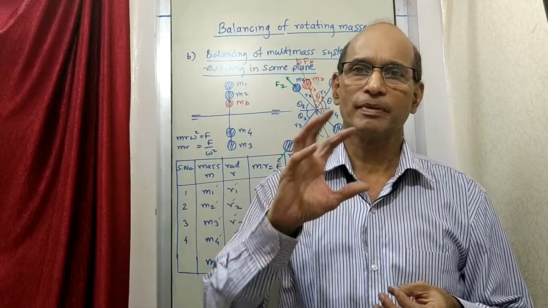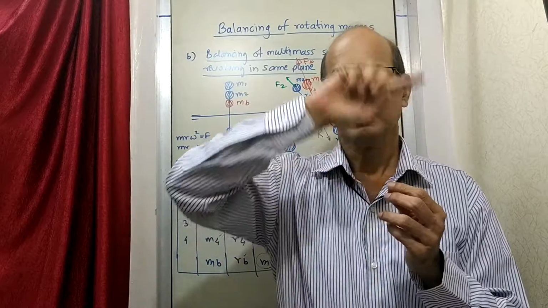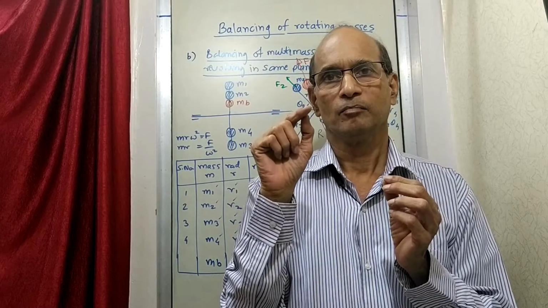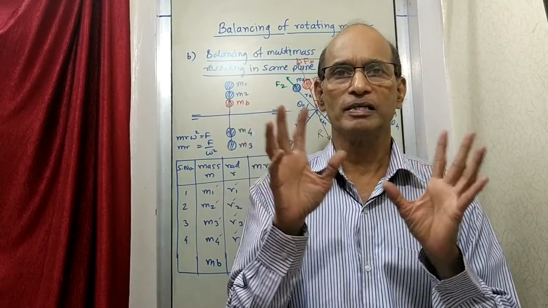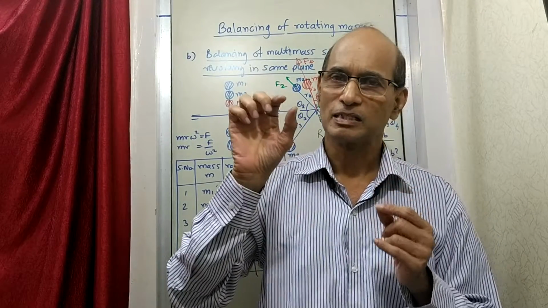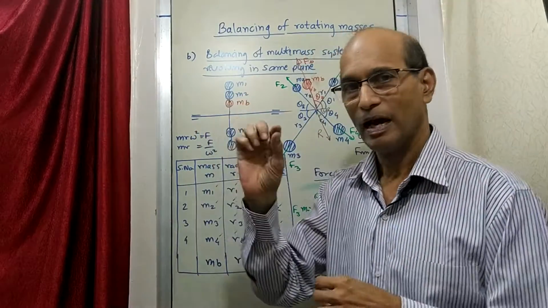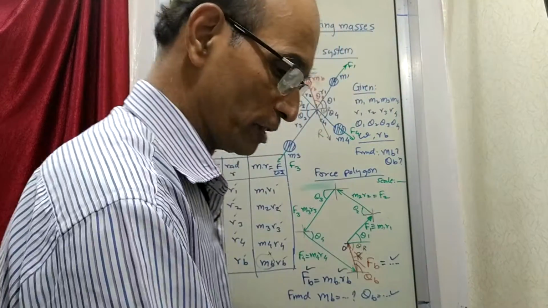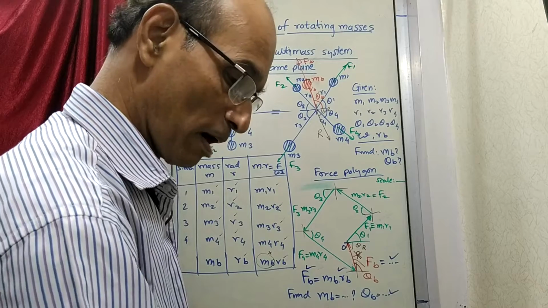Now that mass may not be uniform. Ideally speaking, the center of gravity of the gear should be exactly at the axis. But for some reason, for some inequality somewhere, it is not at the center, it is somewhere else. So that is the distance, that is the R, and the mass of the gear is concentrated at that point, which is causing the unbalanced mass.